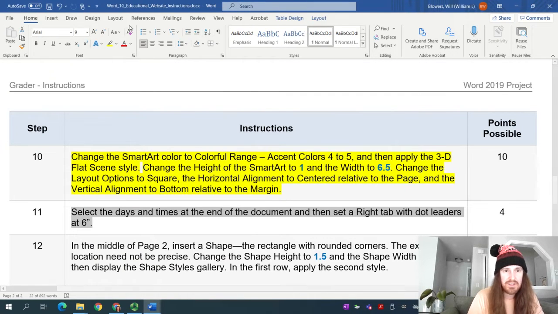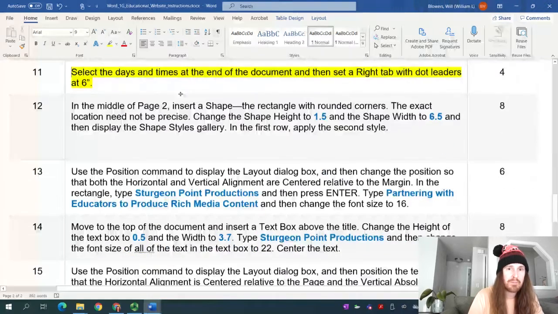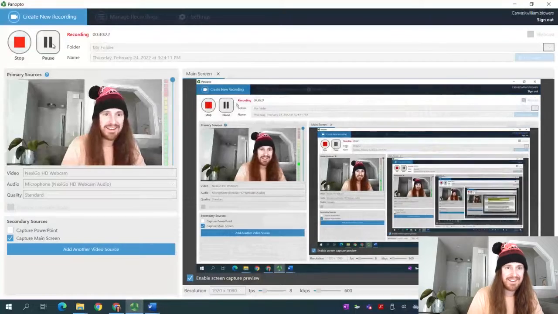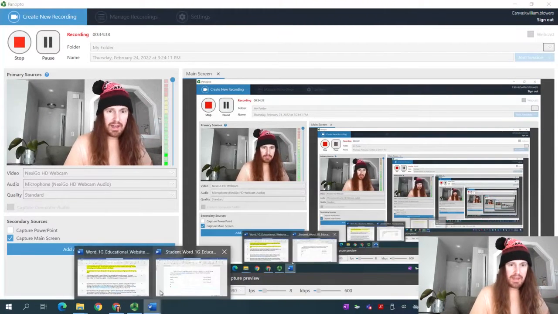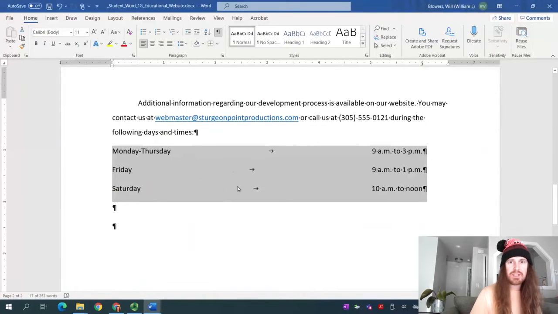Dot leaders at 6 inches. We've done it. There's 4 points. On to step number 12 in the middle of page 2. Let's insert a shape. That's a fun one. You're going to turn your attention back to the ruler, because what we're going to do, and make sure this is still selected,